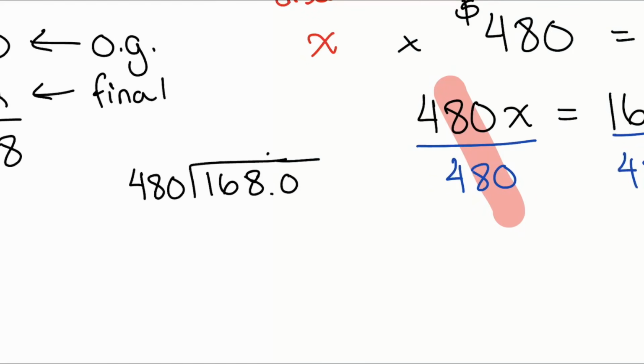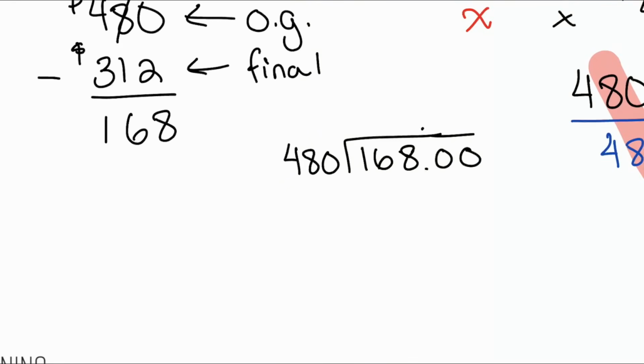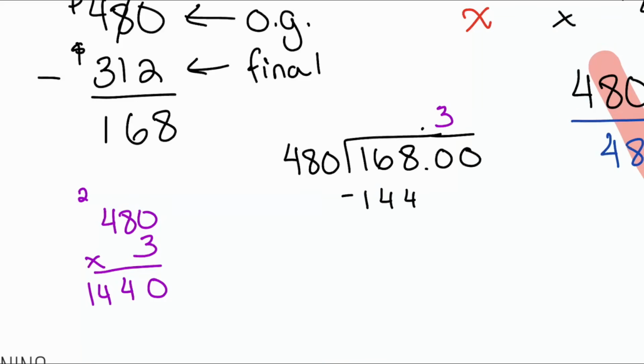So I'll plug a 0 in here and here, because again, 480 doesn't go into 1 or 16 or 168, but it does go into 1,680. So the number that we'll use will be 3. If I use 4, I think we'll go too far, so I'll do 3. So here we have 480 multiplied by 3. 0 times 3. 8 times 3 is 24. 4 times 3 is 12. 12 plus 2 is 14. So 3 is the first number that I'll use, and I'll subtract 1,440, giving us a leftover here of